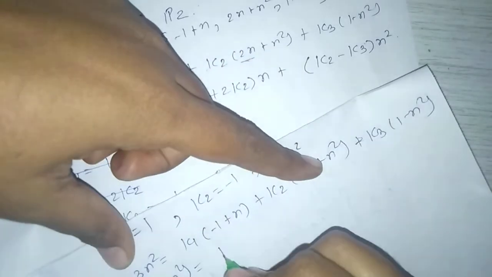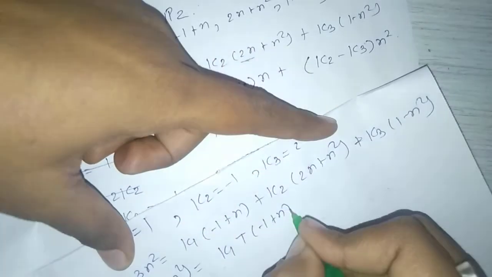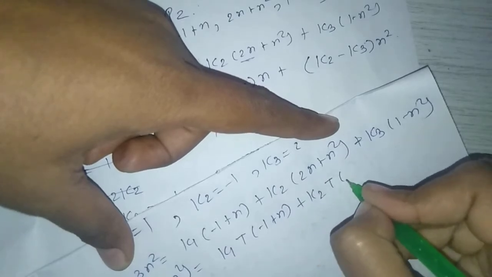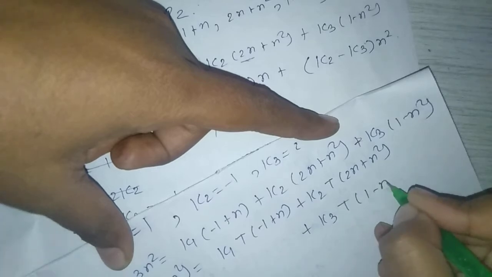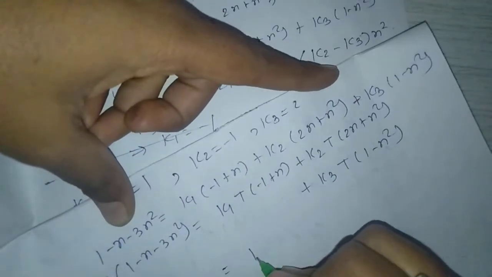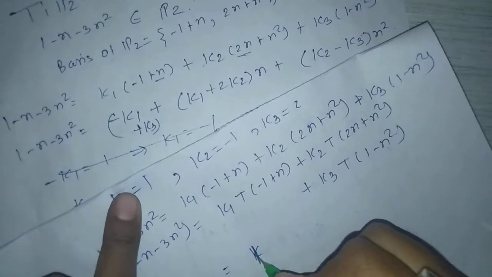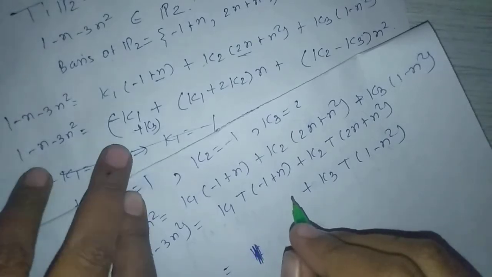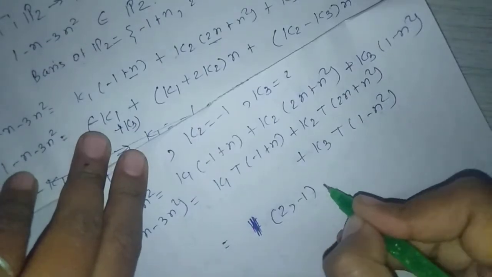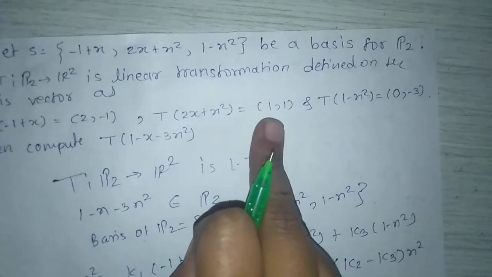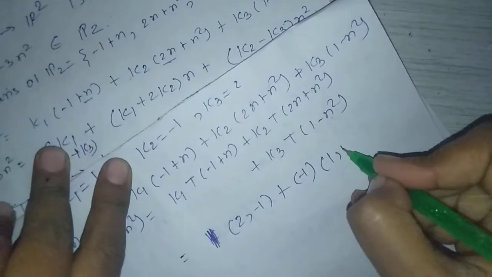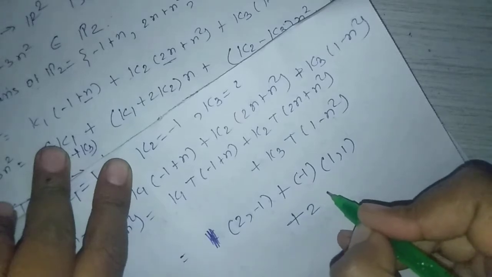We get k1 T of (-1 + x) + k2 T of (2x + x²) + k3 T of (1 - x²). Here k1 is 1 and T of (-1 + x) is (2, -1), plus k2 is -1 and T of (2x + x²) is (1, 1), plus k3 is 2 and T of (1 - x²) is (0, -3),